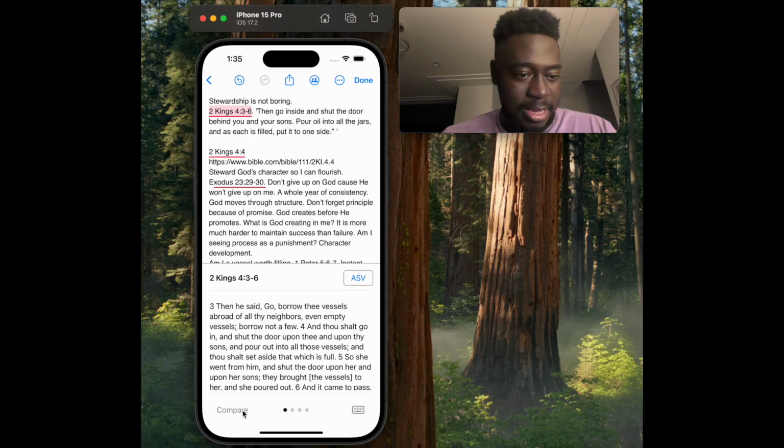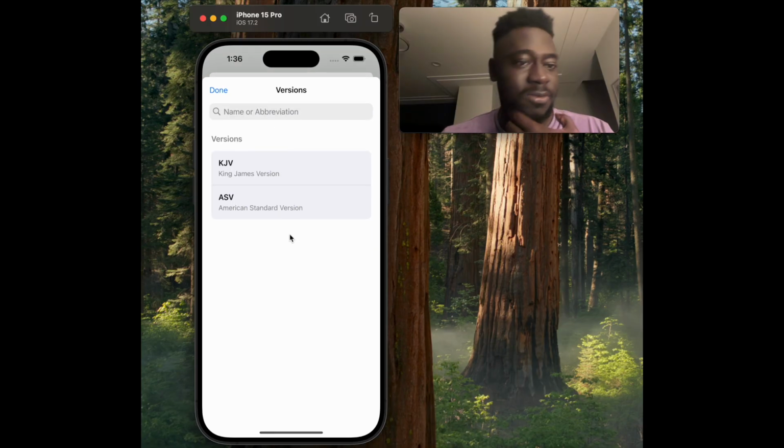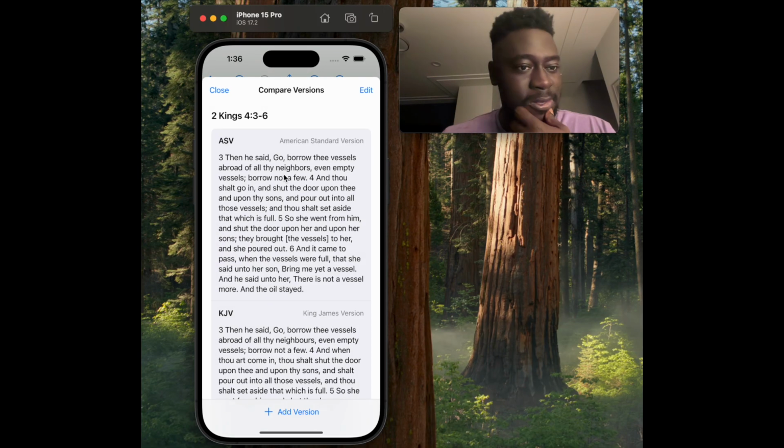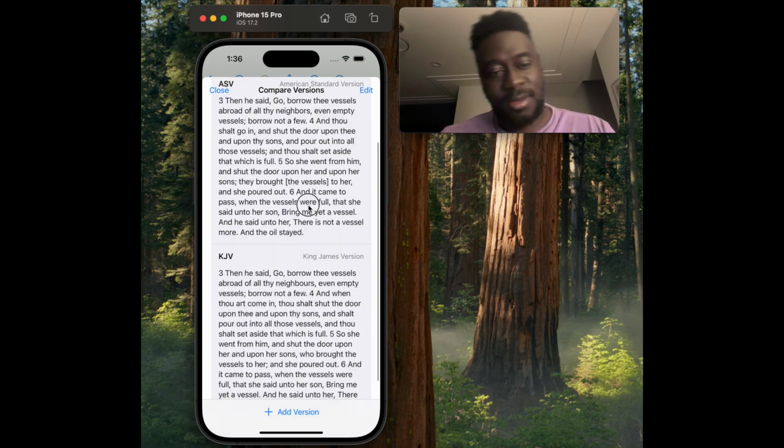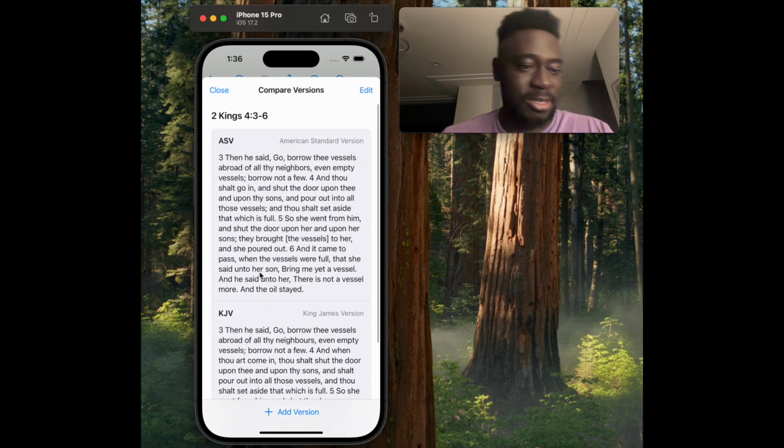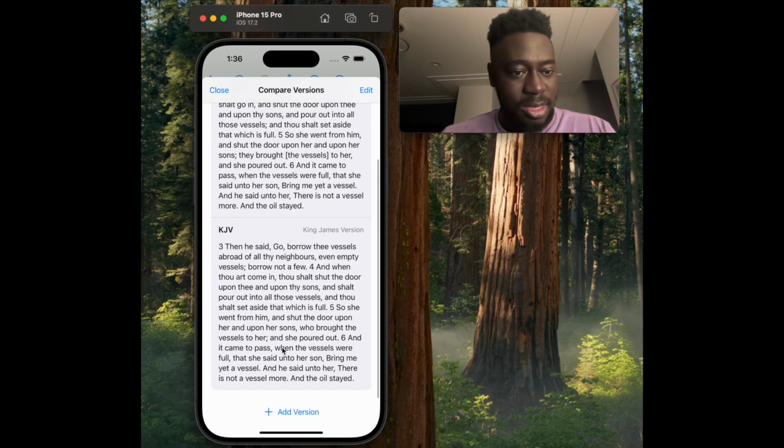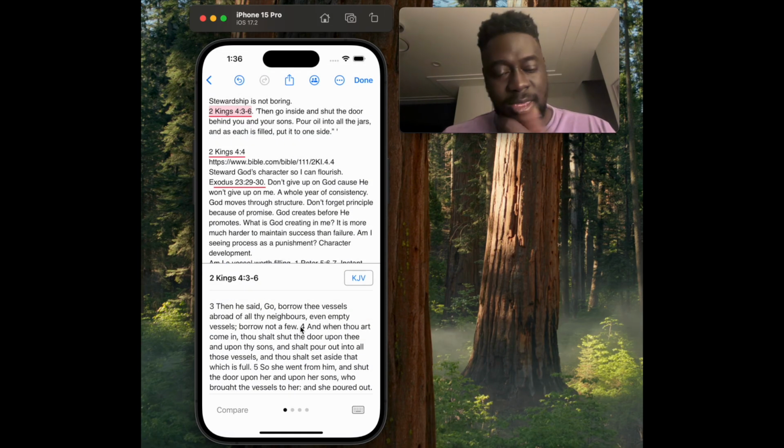And so if I want to compare multiple versions of the same Bible reference, I could hit that button there and add more versions. That one was an ASV, so this would be in KJV, and then I could read and compare how this translation says it differently from this. And then if I want to stick with KJV, I could click on that,